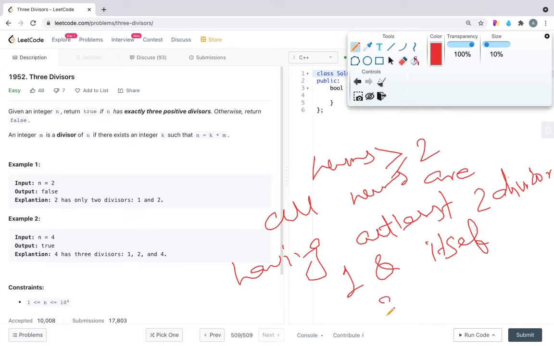If you take the examples of 2, 3, 4, 5, every number from 2 upward has at least 2 divisors.